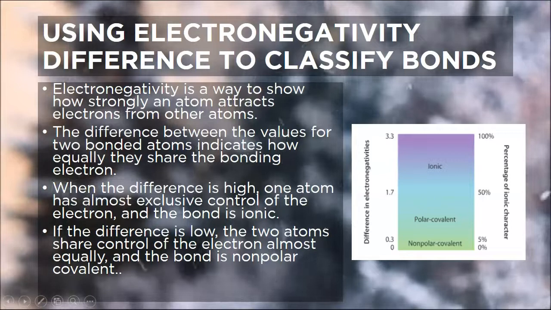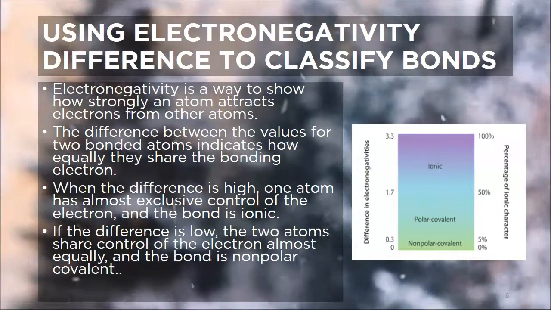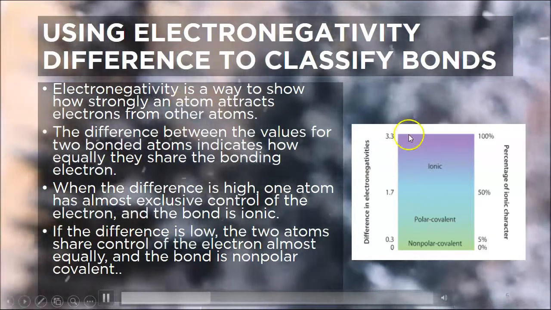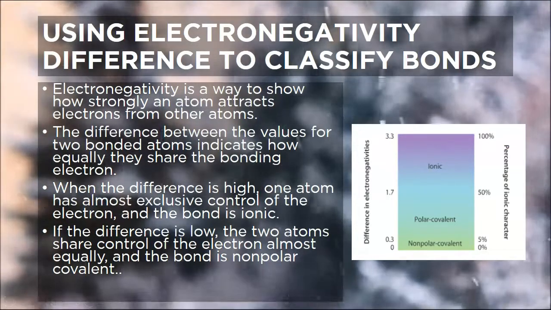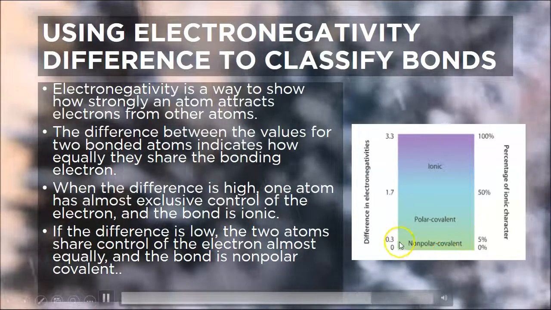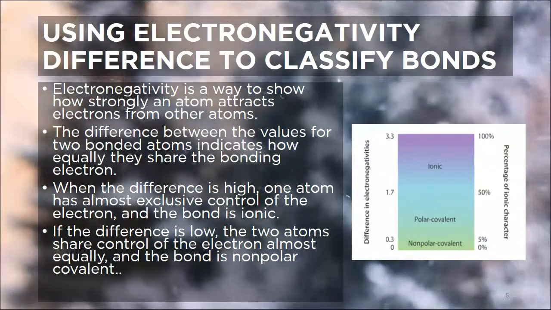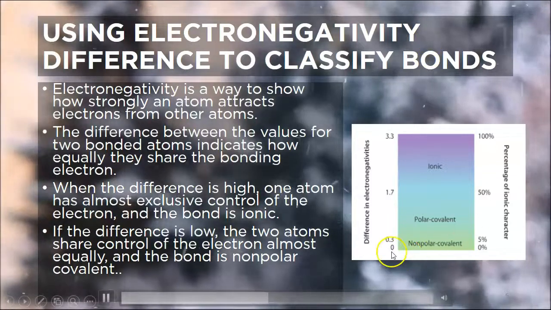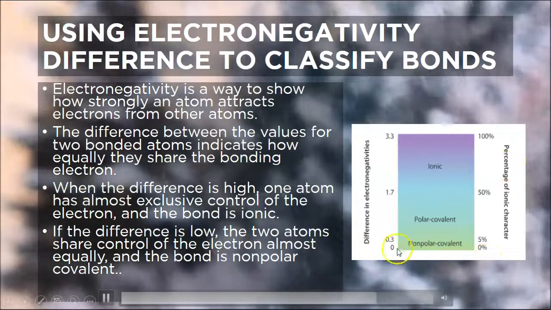How do we determine that? We look at the electronegativity of each atom in the bond, and we see how different those electronegativities are. If the electronegativities are very different, like they will be for sodium and chlorine, you're going to see a more ionic bond. If the electronegativities are almost the same, like you see with hydrogens bonded together or oxygens bonded to each other, you're going to see a nonpolar covalent, where, especially if they're identical, they have an electronegativity difference of 0, it's going to be covalent